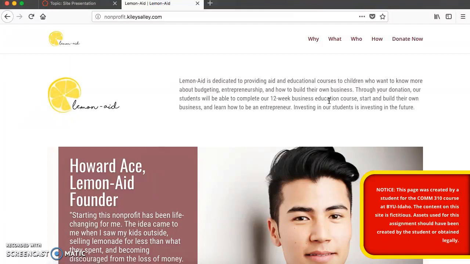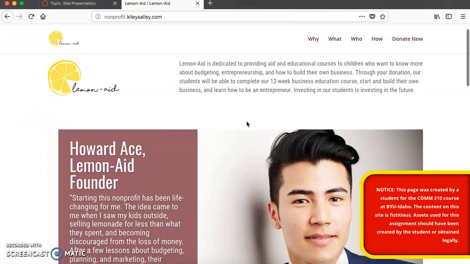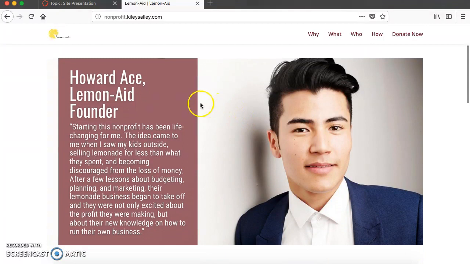use it. At the top here, I have just a short description of what the organization is and what people can be helping with. And then after that hooks them with the first couple sentences, I wanted to scroll down and I came up with a little story about the founder and why he created this business. And it again hooks the audience because it gets them thinking about and imagining this story that I'm telling. And it kind of gets their emotions tied to this organization, so it'll persuade them to donate their money and